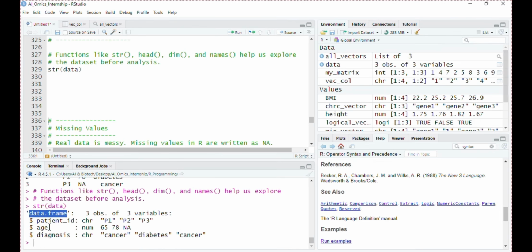It means we have 3 rows, 3 observations, and 3 variables, meaning 3 columns or 3 features. And against each column, we have its respective data type. So we can check the structure of a data set by using the str function.